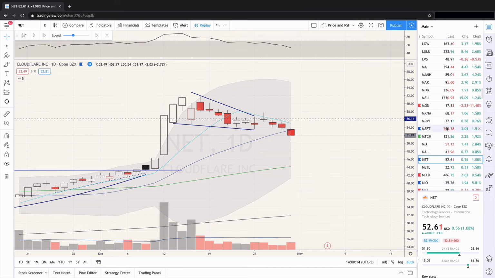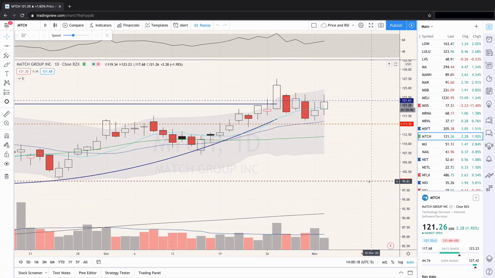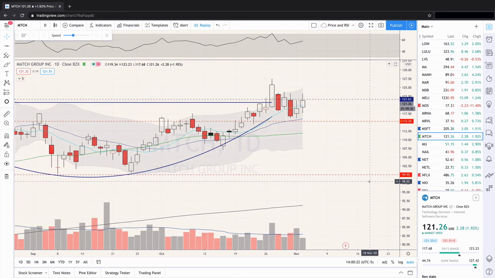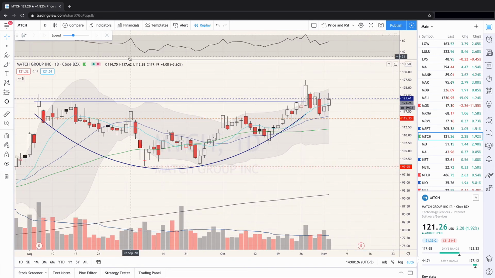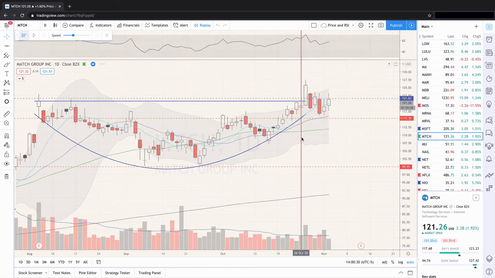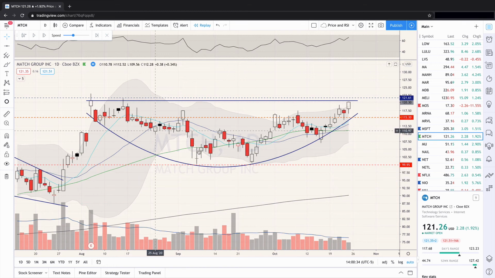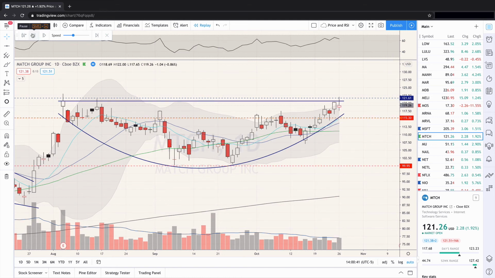Now let's do one more really quickly. This is a trade I'm currently in. This happens to be election day 2020, so the markets are open right now. Here's a trade I took, so let's look back to the day I took it. Here's the setup. Now this looks like your typical fantastic base setup. It's beautiful, what I'm always looking for. Took it before it started to make this break.